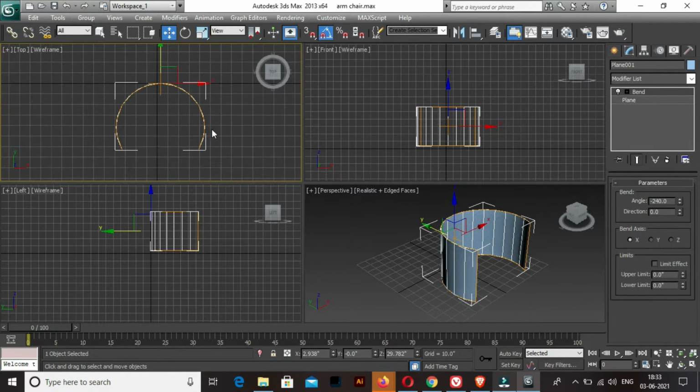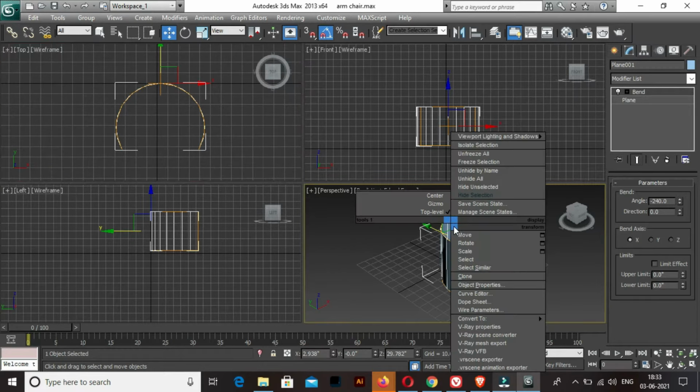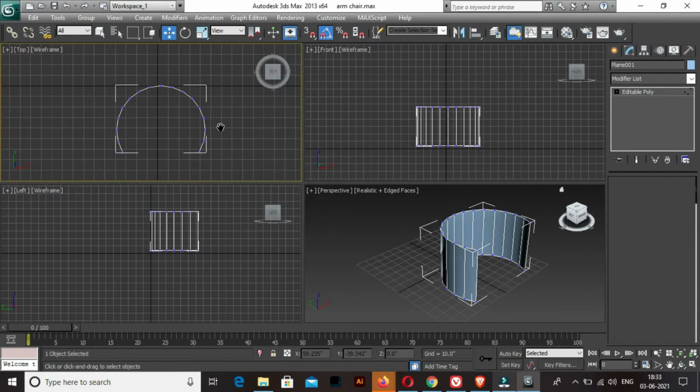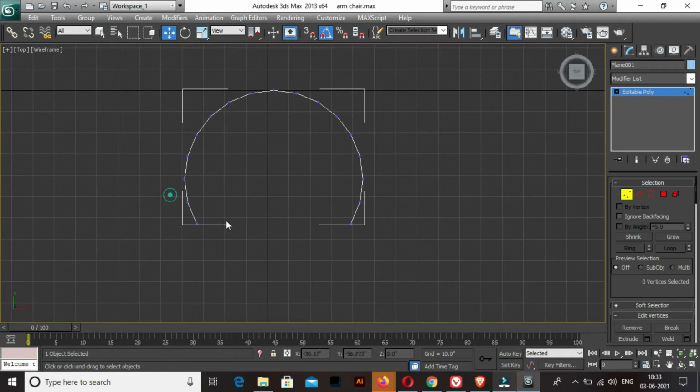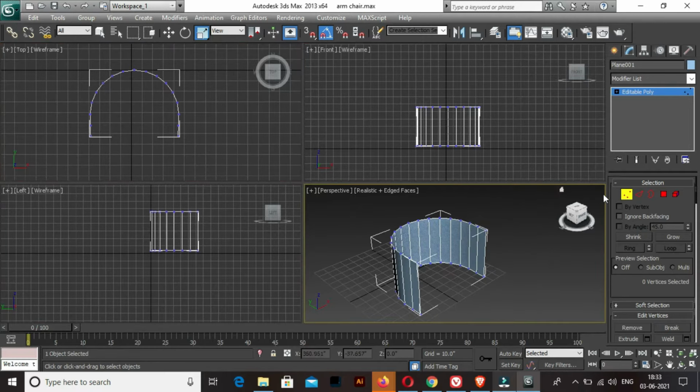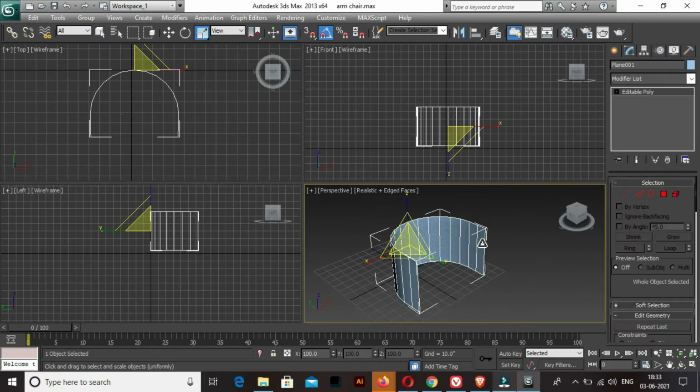So once it is done, you need to convert this plane into editable poly. So right click and convert this into editable poly, and then select the vertices, and you can just scale these vertices and make it little straight. So I'm just scaling this little outward direction, so that I want to have this particular position somewhat like this, straight. Okay, so you can move the vertices and you can give any kind of shape, whatever shape you are looking for. So once this is done, we need to give thickness to this particular plane.